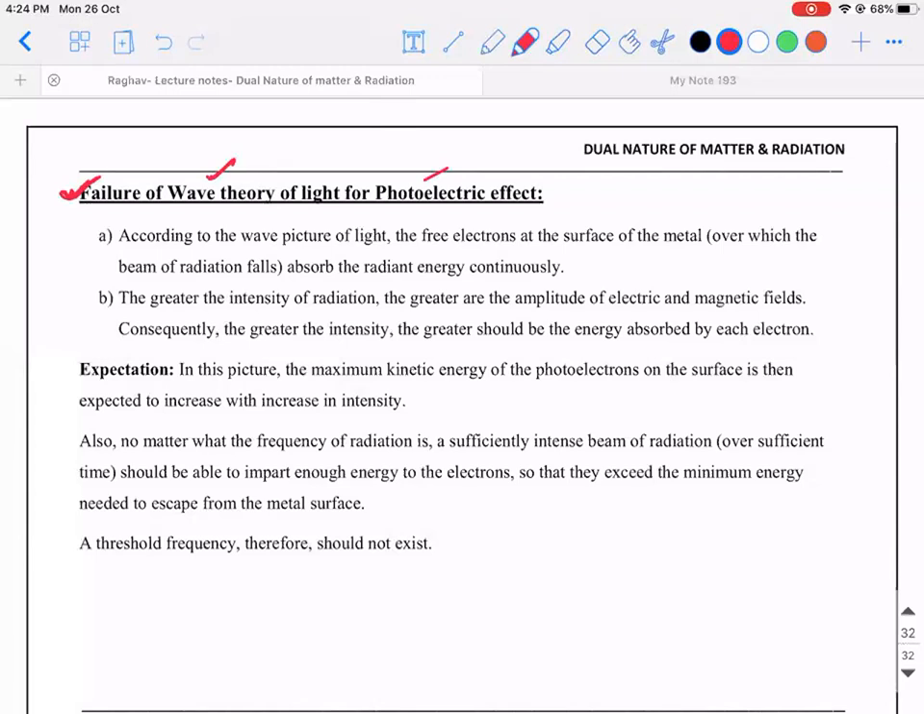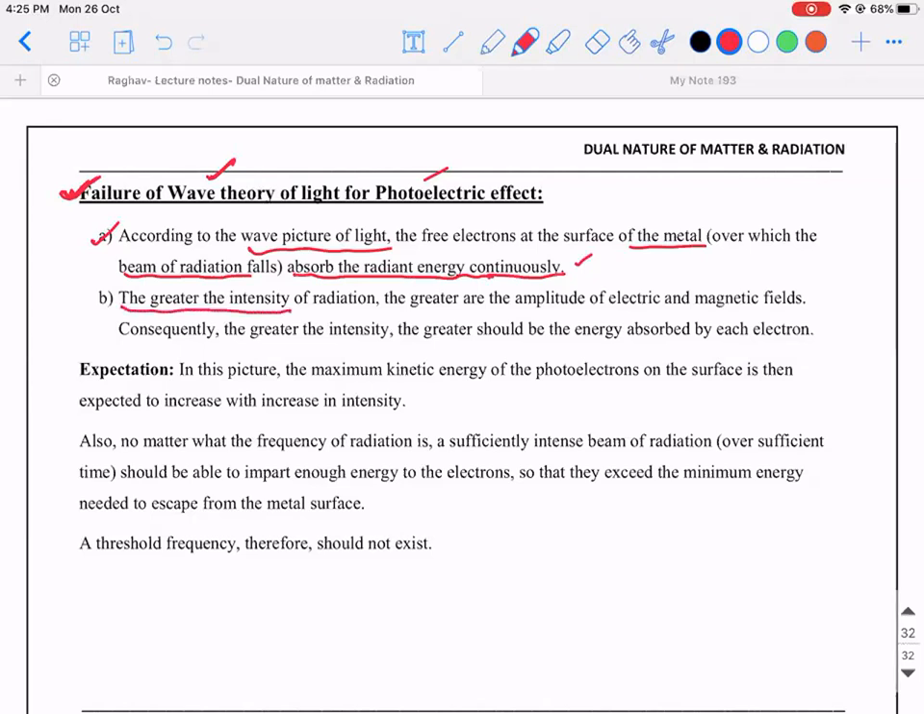So what you're supposed to write is, according to the wave nature of light. From whatever we have discussed till now, there are certain conclusions that we are going to make. According to the wave nature of light, the free electrons at the surface of the metal over which the beam of radiation falls, they absorb the radiant energy continuously. Second,